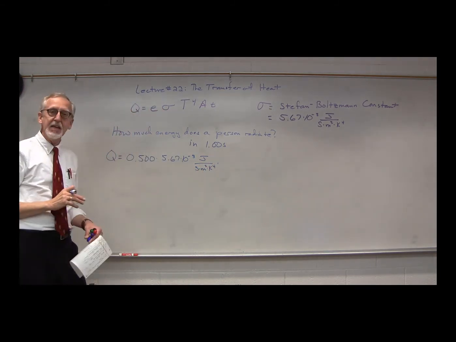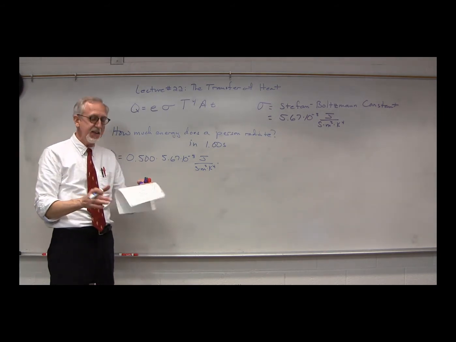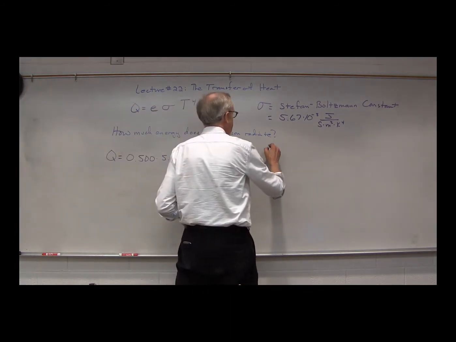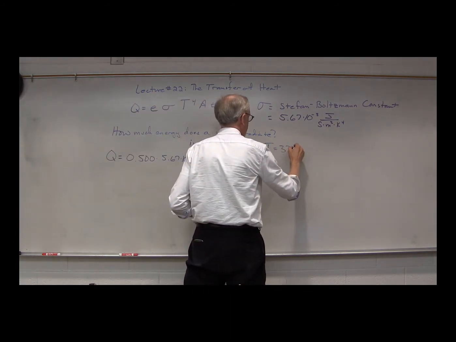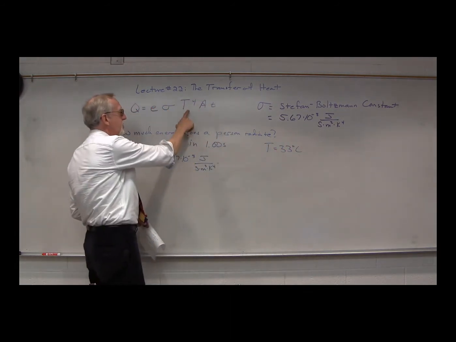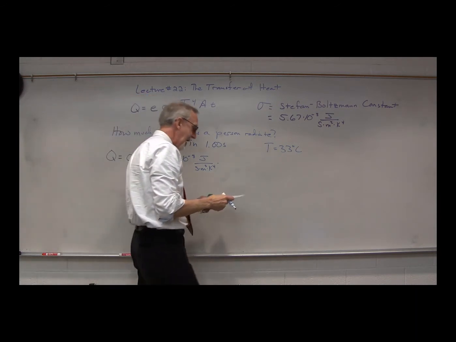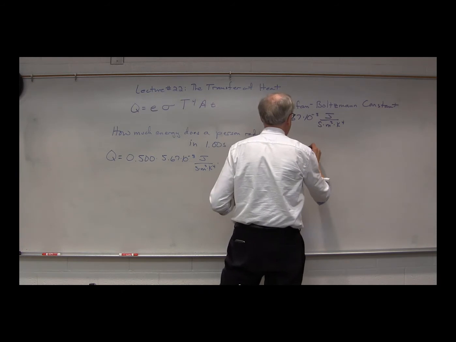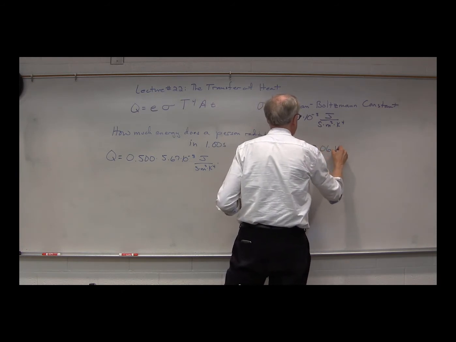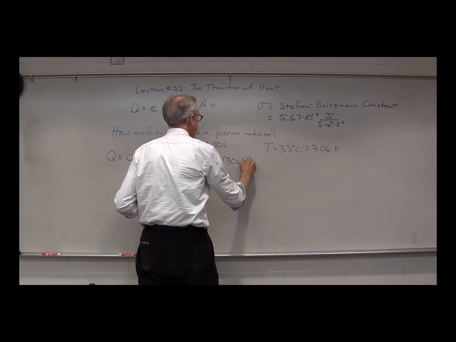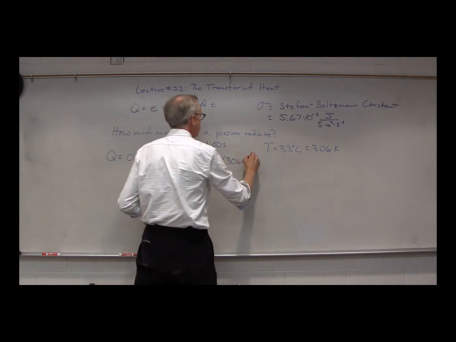Now, what's T? T would be a person's skin temperature. That turns out to be around 33 degrees Celsius. So, do we put in 33 here? No, we've got to convert it to Kelvin. So we add 273, and that is 306 Kelvin. So times 306 Kelvin to the fourth,